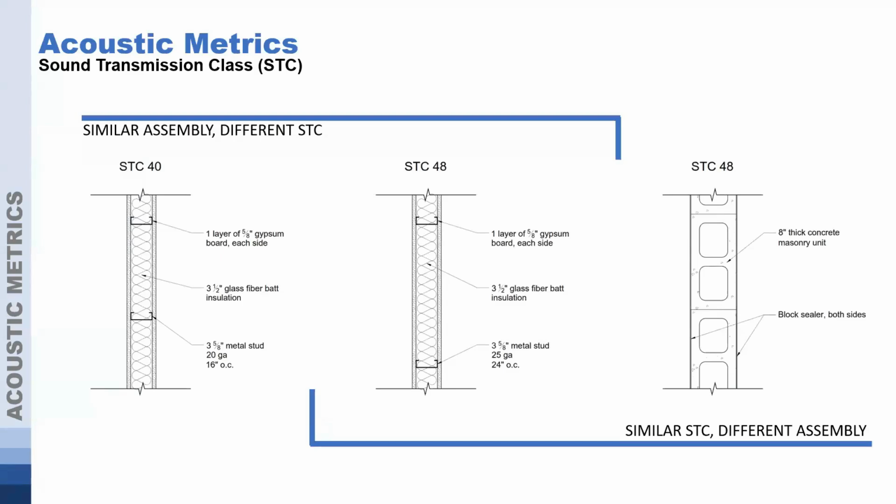So when you have something like a CMU wall that's very dense material, that's going to perform well in the low frequencies, and it's going to be a much better assembly if you are trying to block sounds, potentially music or similar, that have a lot of low frequency components. So something to be aware of is that just because a wall has a listed STC rating, that does not necessarily paint the entire picture for how that wall performs. It's very important to keep that in mind. The more mass and the denser it is, typically the better it performs, especially at lower frequencies.